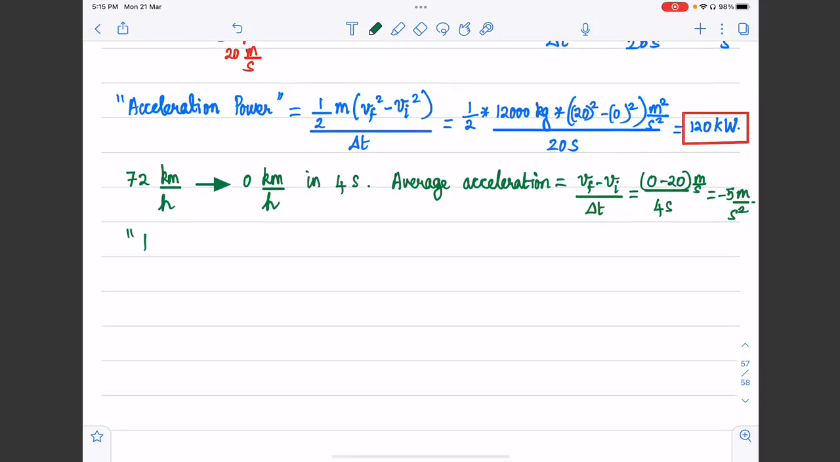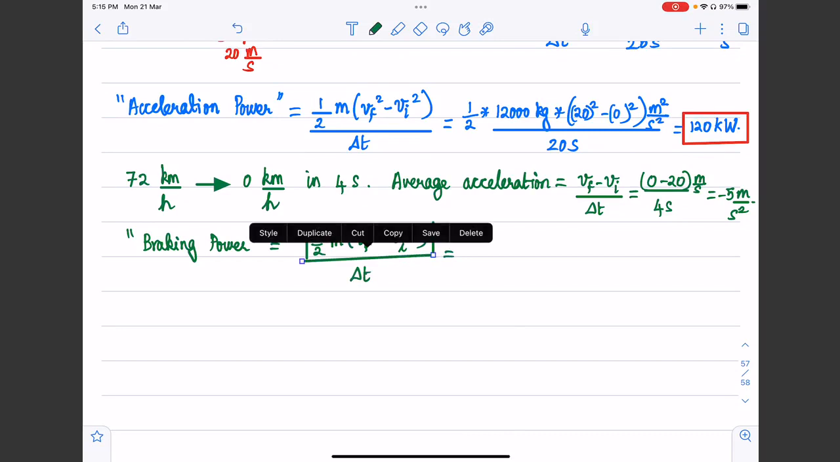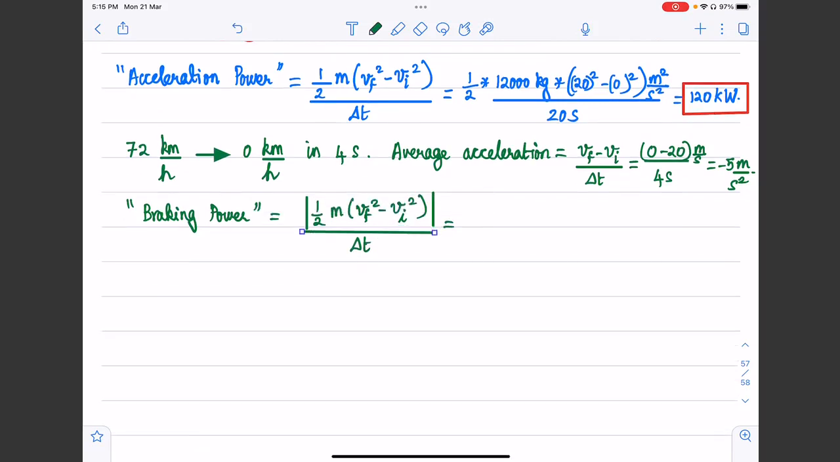So the so-called braking power, or the magnitude of braking power, will be essentially pretty much the same thing. But once again, I'm only going to take the magnitude. So the magnitude of the change in the kinetic energy, which is half times the magnitude of Vf squared minus Vi squared, divided by delta T. So this is what I have. And consequently, if I substitute the values, let's see what happens. This is going to get me half times